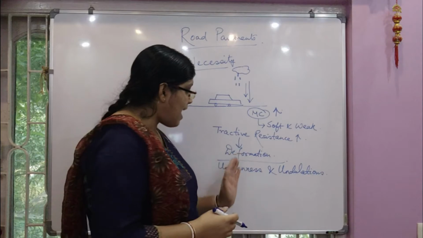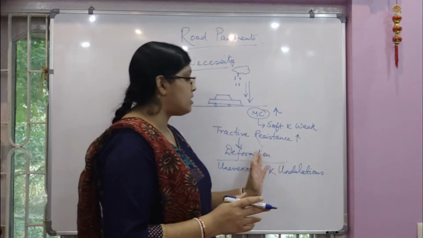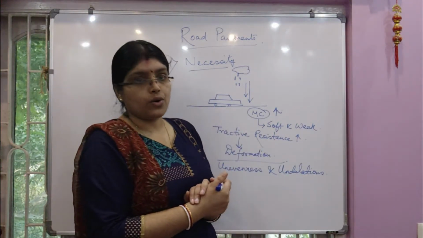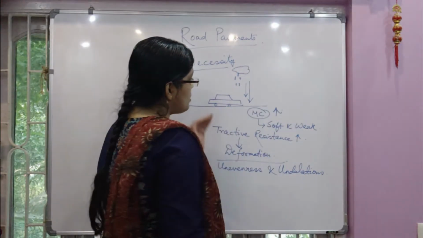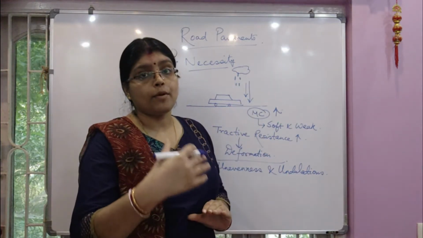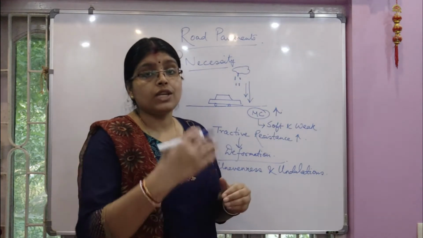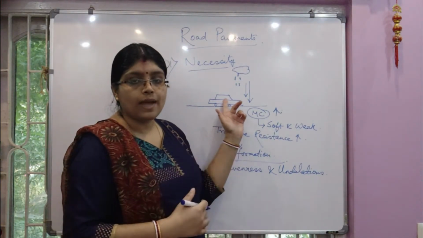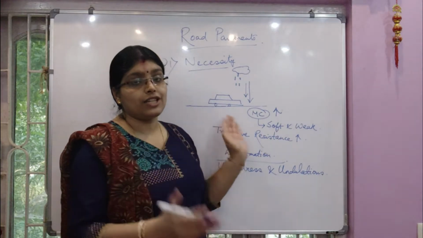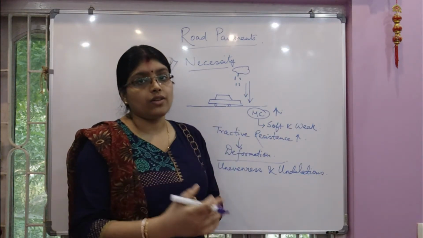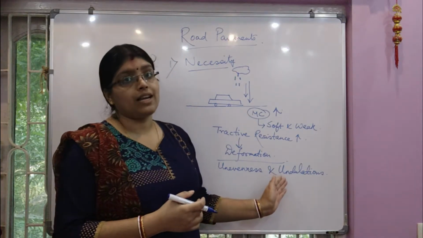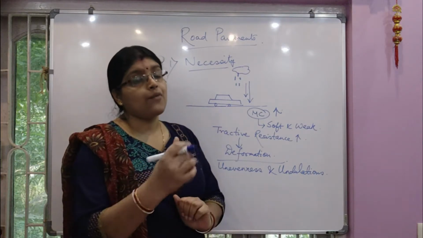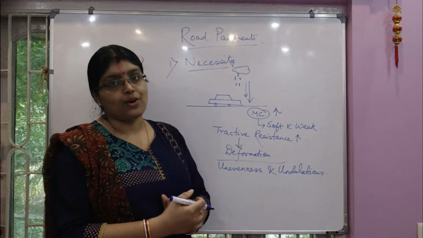Now my dear students, the unevenness and undulations which are caused due to the deformation of the road surface will act along the longitudinal profile of the road. So when a vehicle is moving in its direction, it is moving along the longitudinal profile of the road surface. Due to this, it will cause some vertical oscillations in any vehicle moving along its way. Whenever there is a vertical oscillation in any vehicle traveling along this road due to the undulations and unevenness of the top surface of the road, it will ultimately result in high fuel consumption. That is very much uneconomical.